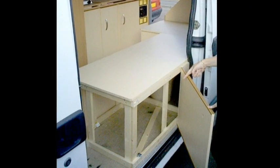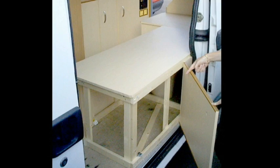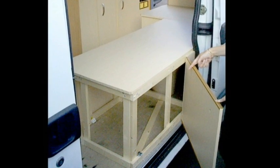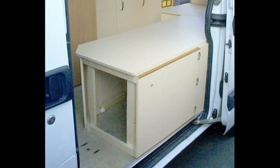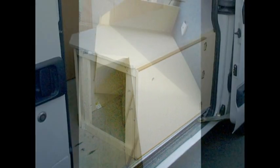So here's a picture of the cupboard door open. Now once I built the main structure, obviously it was then just a case of putting the bases down, the seating area, and that of course was again Conti board. Now the biggest mistake with using so much Conti board was obviously the weight. It was extremely heavy, and in my subsequent versions I actually cut back quite a lot on the Conti board,